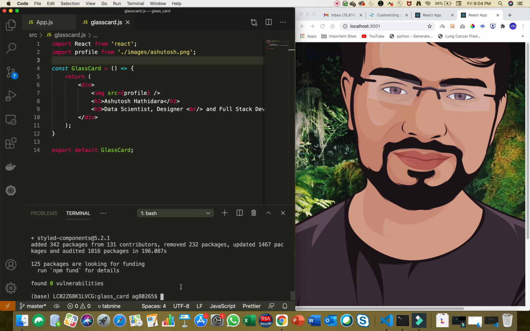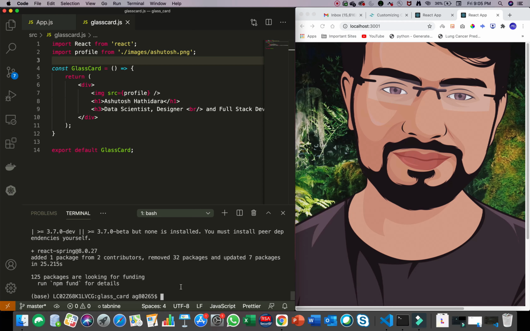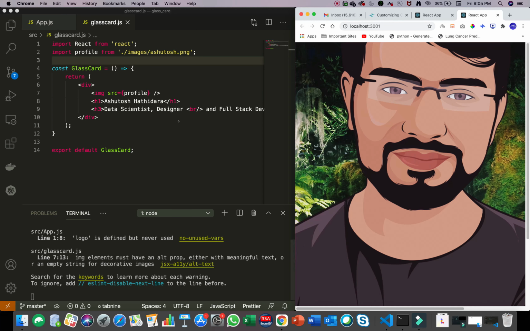When styled components is installed, clear the terminal, and now we'll also install React Spring, because we are going to need that for animating our card in future. When React Spring is installed, we can start our development server again using npm start, and it will refresh our application. So now, how to write CSS in JavaScript.